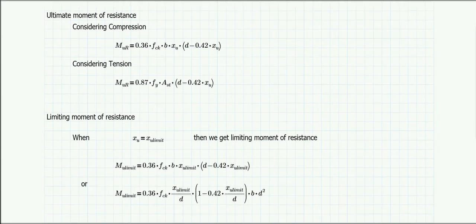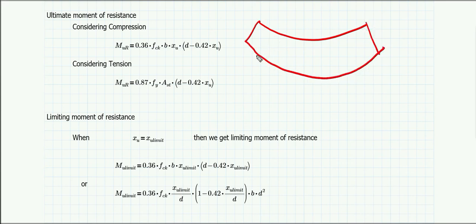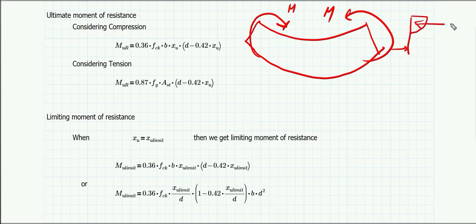Now, how to find out the ultimate strength or the ultimate moment of resistance? Because when you have a flexural member, the beam is bending because of the application of a moment. To be in equilibrium, when the moment is applied, some stresses will develop, so some compressive force and some tensile force will be there. Some resisting moment is also going to develop, which will counteract the applied moment. And this resistive moment is the strength.